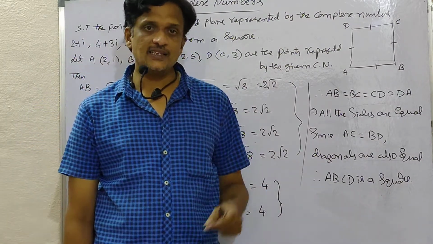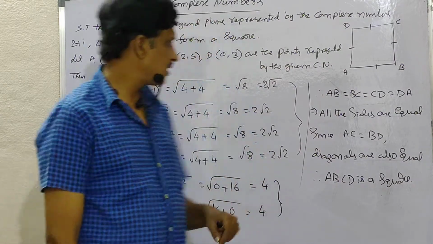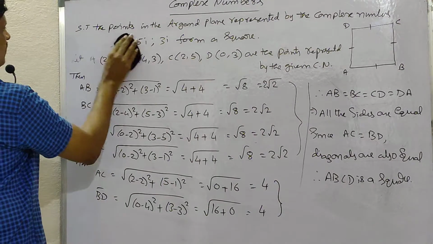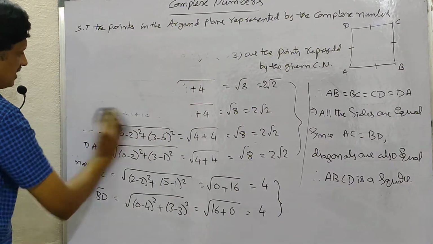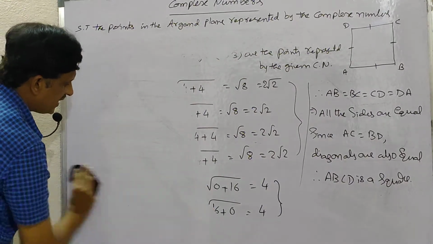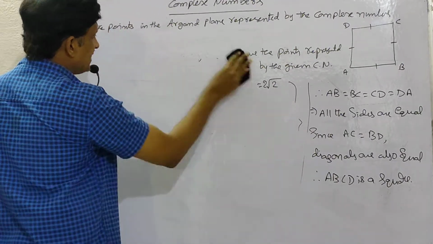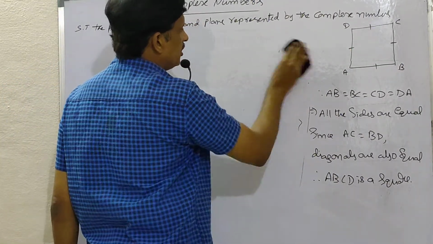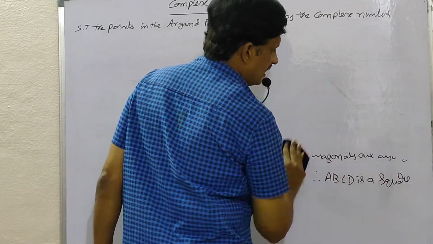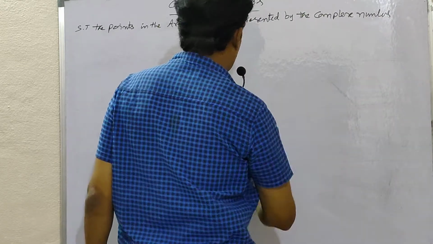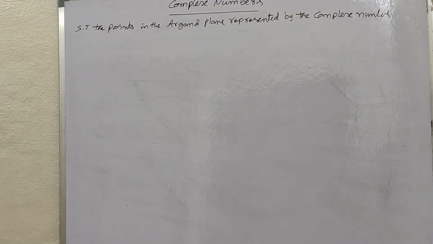Half d1 d2 is the area. The 2 diagonals bisect each other perpendicularly. Okay, now let me solve that one. In the same way, we have to calculate the lengths of the four sides and the lengths of the two diagonals. In case of a square and rhombus, you are getting equal sides. All the four sides are equal. If the two diagonals are also equal, that is a square. If the two diagonals are not equal, then that is a rhombus.